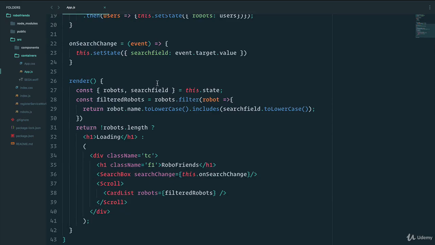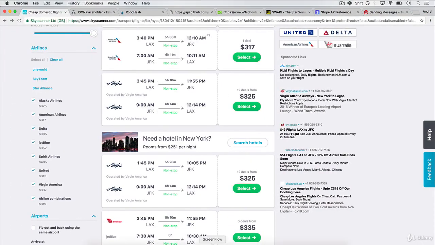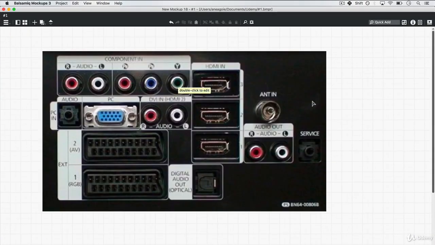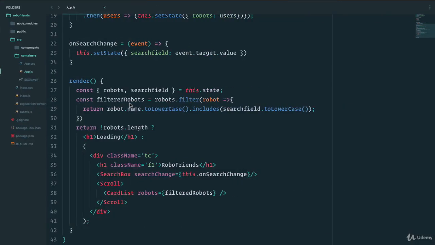Let's work on this a little bit more. What about this? Is this an API? It's the back of a TV. Yeah, it's an API. A TV works in its own way, but it gives you access to a couple of things, such as an HDMI cable, so you can plug into it and communicate with it, such as displaying your laptop into the TV. And we've been using APIs in the